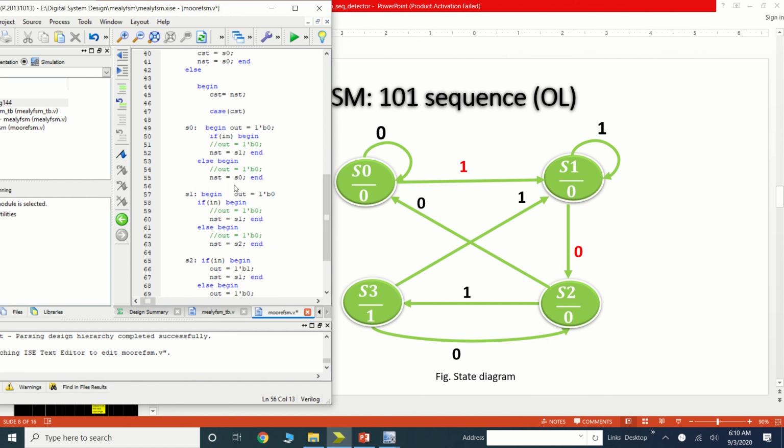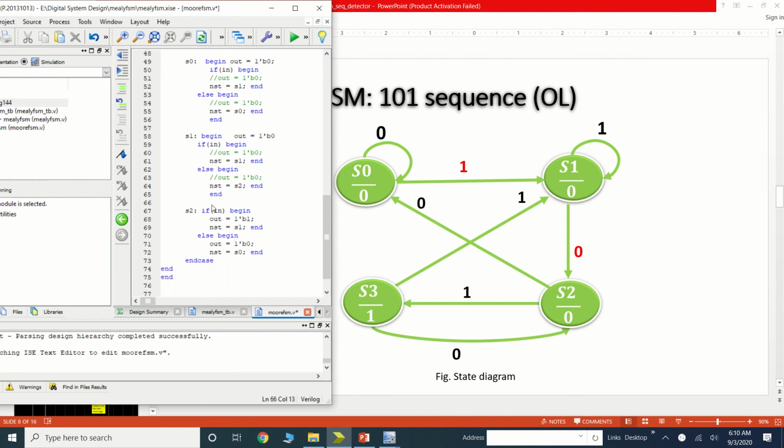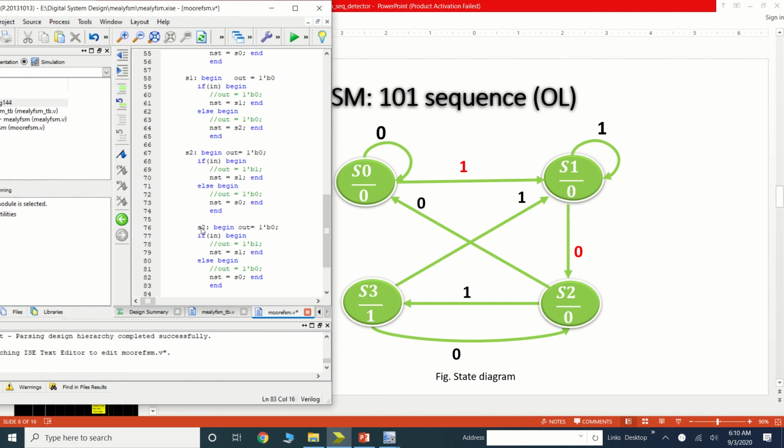Okay, here I need to end this begin. Again I need to end this begin. In the S2 state, again my output is 0, 1 dash V0. Okay, no need to mention the output inside. But here we need to add one additional state, that is my S3. So this is my S3, and in the S3,